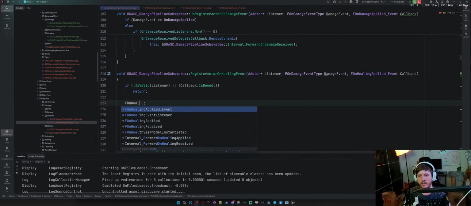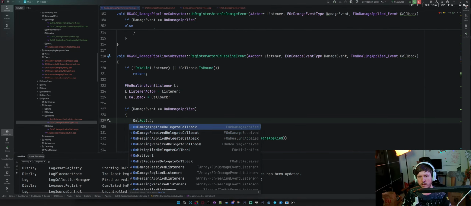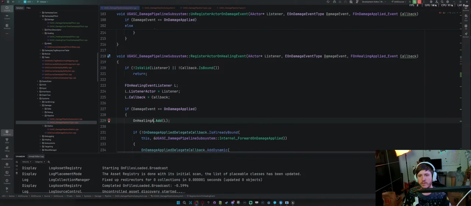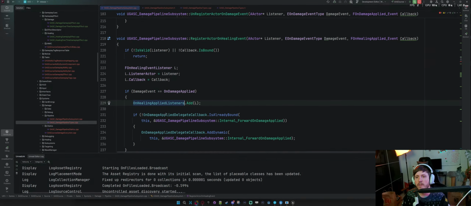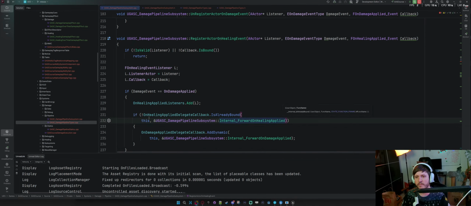So F on healing listener, then on healing applied listeners add L, then on healing applied delegate callback, then we'll do on healing applied, copy, copy.